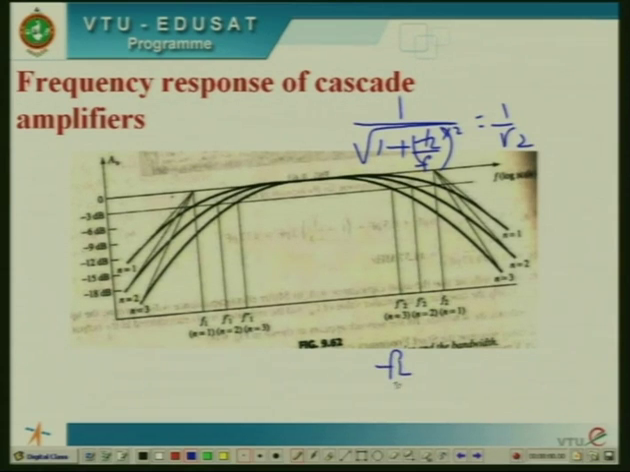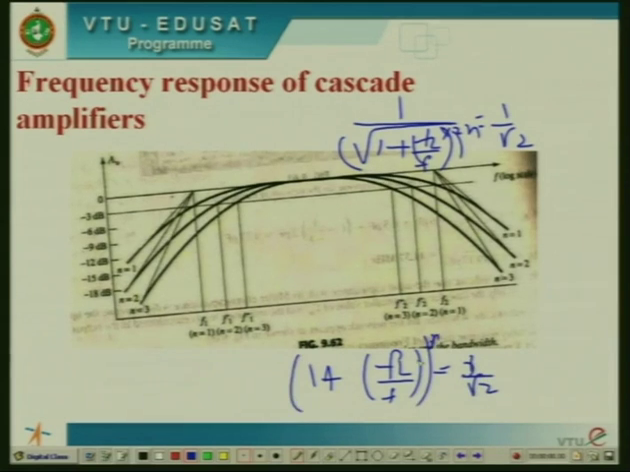(FL/F) whole square plus 1 is equal to, because this is the nth root, the n times this is to the power of n, then you take the nth root, therefore you are going to get 1 by root 2. This is the nth root of this. You are going to get this frequency, the low cutoff frequency of an equivalent circuit, FL